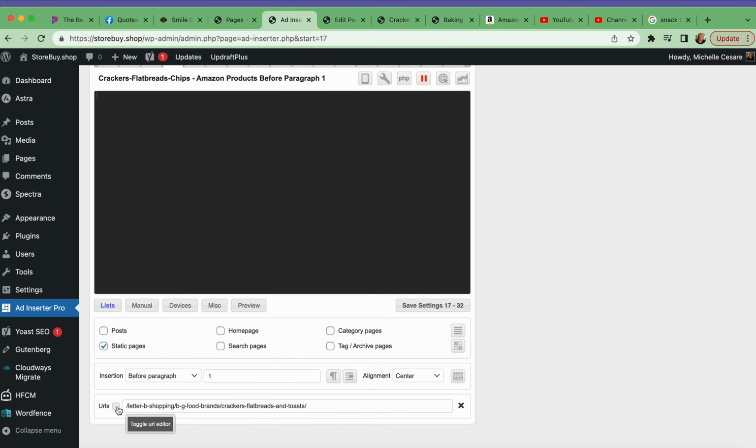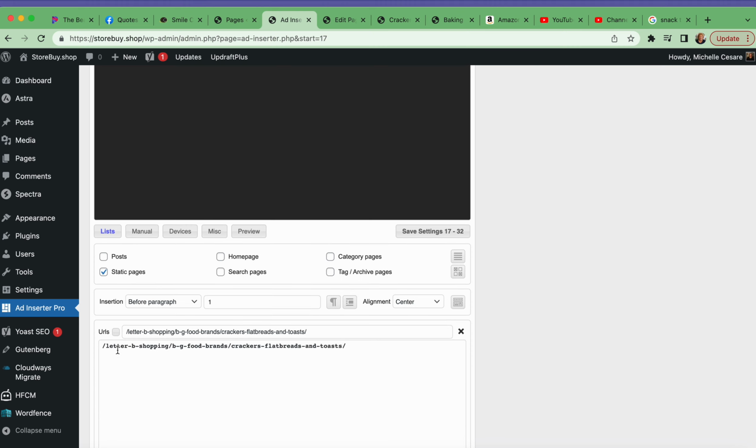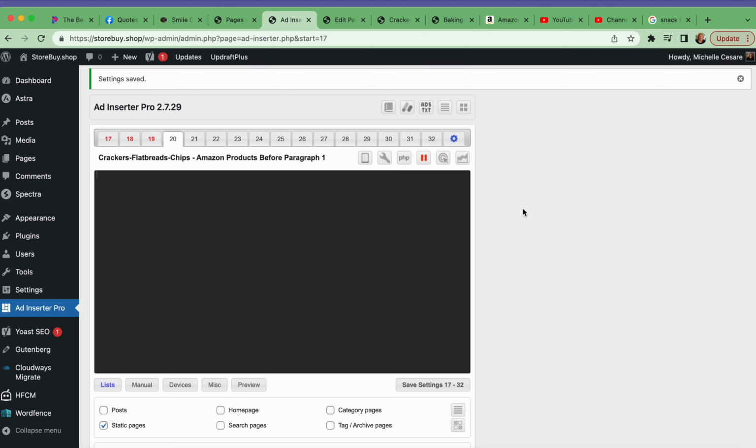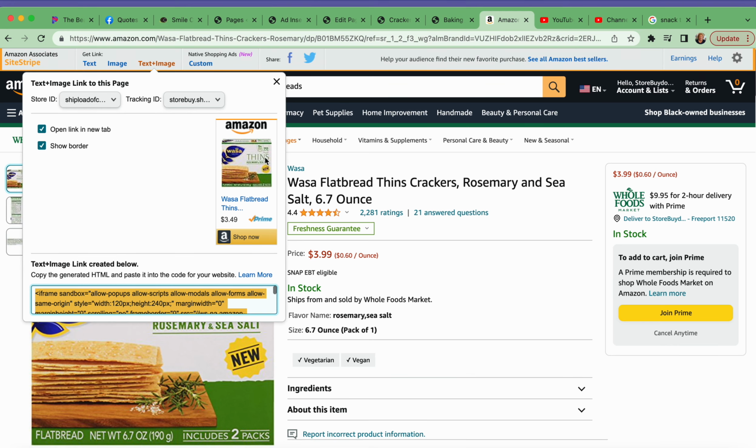I'm going to tap this box again. You see how the HTTP went away? Let the program do that. You must include the HTTPS. Then, you see this X here? You want to turn that into a check. Then click Save Settings. If that's not a check, when you embed the code that you would grab from Amazon,